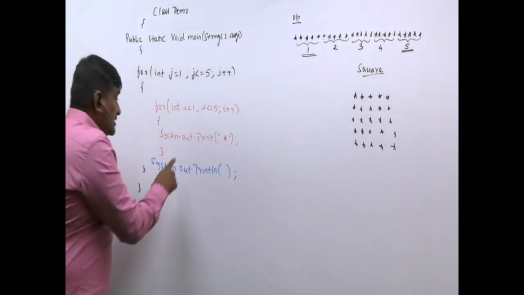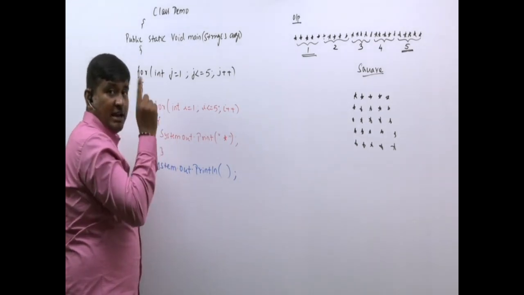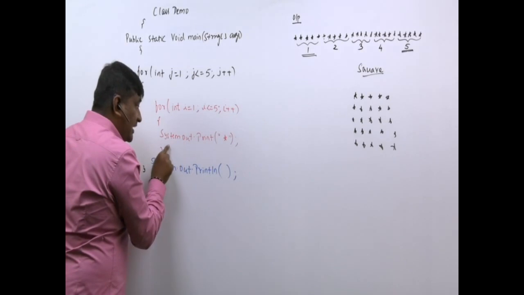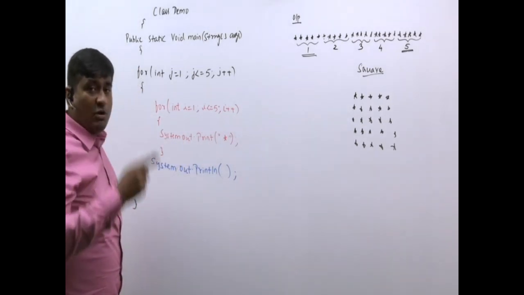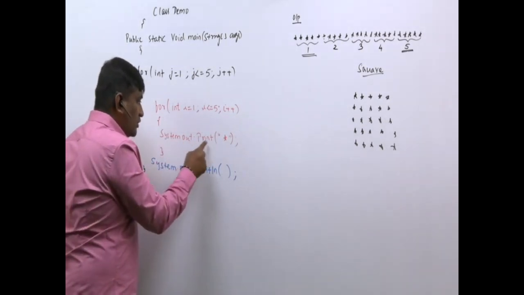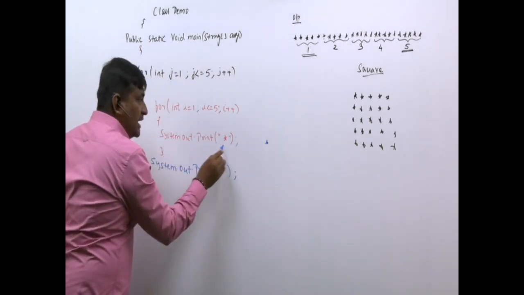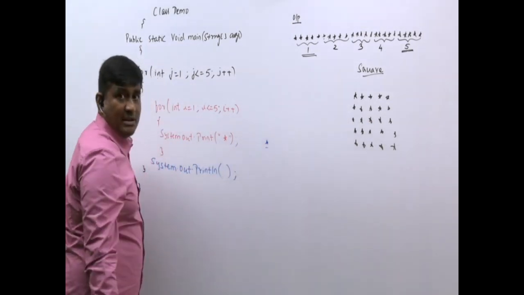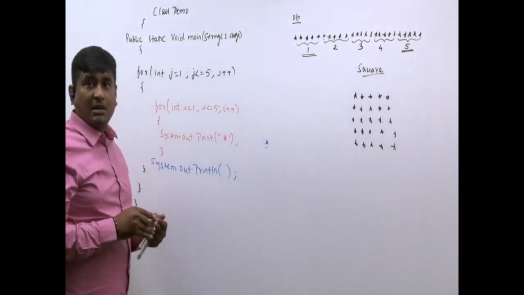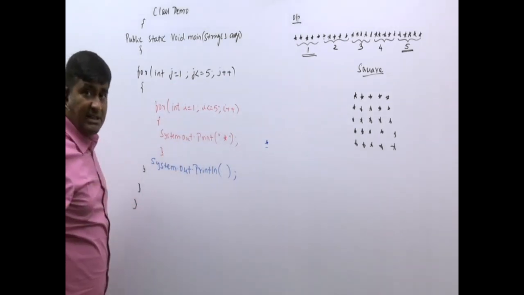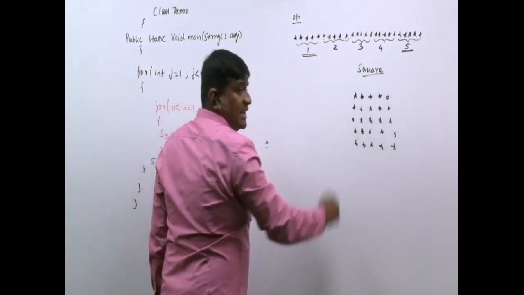Many students will think, sir, here you should write it. Correct? Think and analyze. If I write it after the System.out.print, if I write System.out.println there, just imagine how my output will be. System.out.print will print a star, and after that System.out.println will immediately bring the cursor to the next line, so my output will be different. My System.out.println should be here. Why println? Because I want to bring the cursor to the next line.